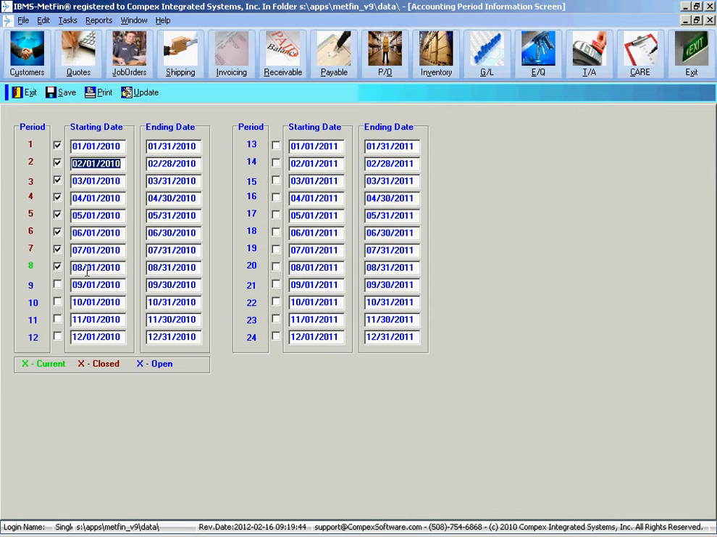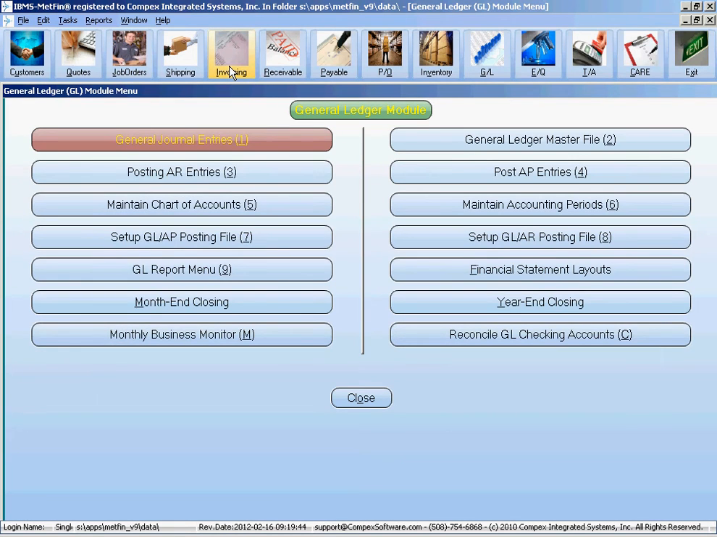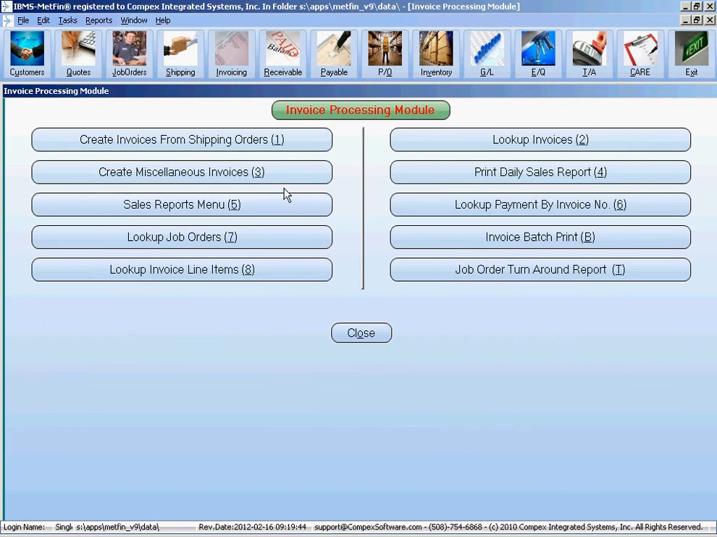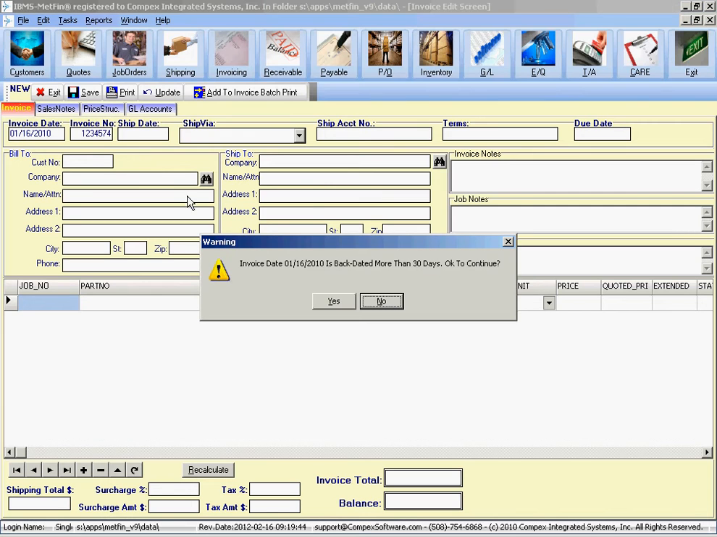So in this example, we're currently in August 1st of 2010. Let me go ahead and save this, and let's go into invoicing, and I'm going to try to create a test invoice. Okay, I'm going to just try to backdate it to, let's say, January. And as you can see, the system is giving you a warning saying that this invoice date is outside of the current period,